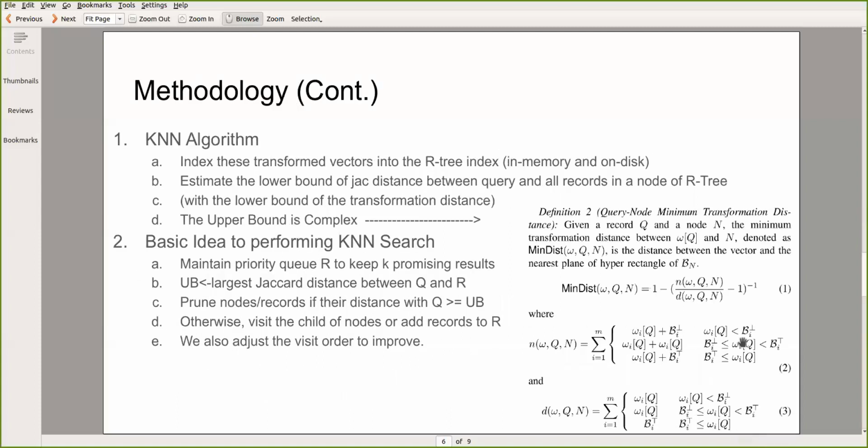Then we will talk about the exact KNN algorithm. Actually, after obtaining all the transformed vectors, we will index them into the R-tree, which can naturally support both in-memory and on-disk settings. Then we will use a property of the R-tree to perform batch pruning when conducting the KNN similarity search. So specifically, given a query, we can estimate the upper bound of Jaccard similarity, or also the